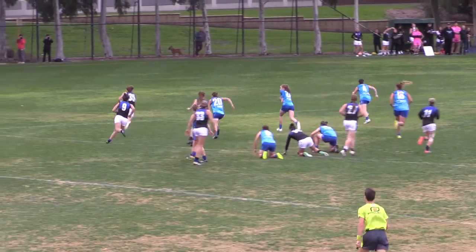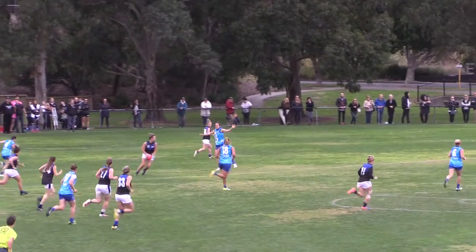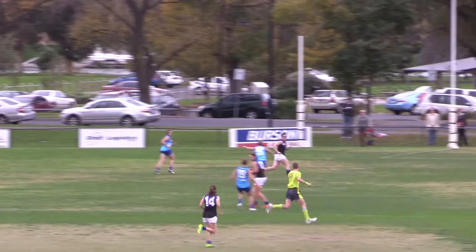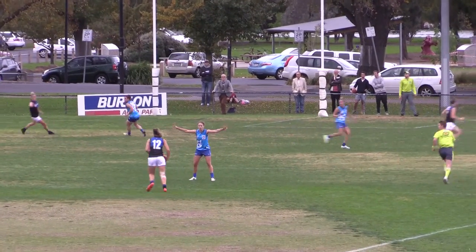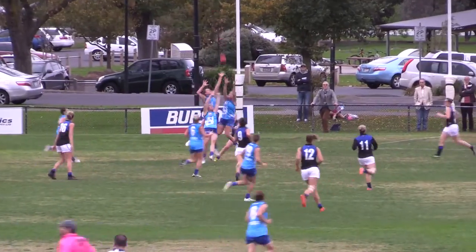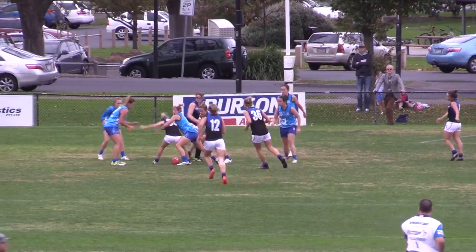Now's the turnover, Blackburn, good little feed out to Phillips, swings onto the left boot, good kick, they can build again, quick transitions working from Berry towards half forward, now with Stevenson, too far out to score you would think, onto the left boot, sets it up towards full forward, pack flies, no marko will be taken, ground level footy